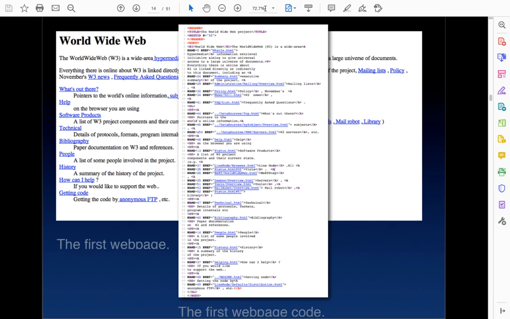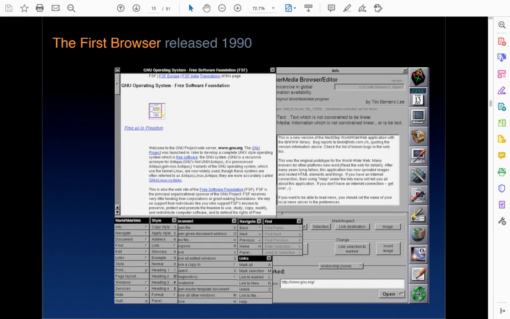And then here's the code used to create those. And in this class, you're going to be learning about this code. Notice there's body here and H1, and you have some active anchor links and a header and a title. All those things are still applicable. We don't write it quite that way anymore. A little cleaner. And here's the first web browser for 1990.